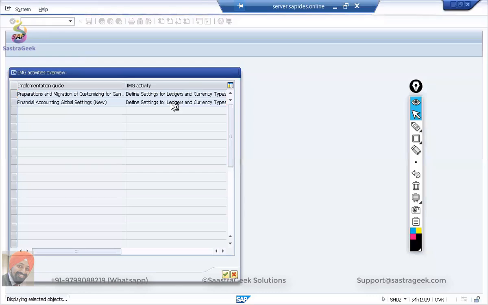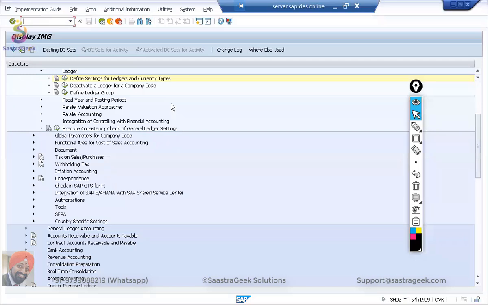So here we define settings for ledgers and currency types. Here we will not be able to completely resolve this issue because it takes some time. I will just show you how to resolve it. We need to go one by one in each of the extension ledgers, and then we need to get it